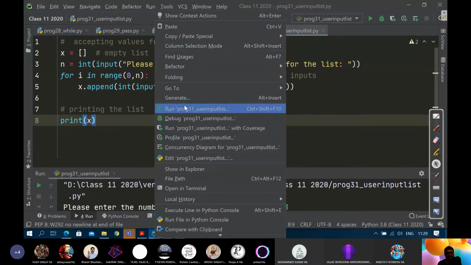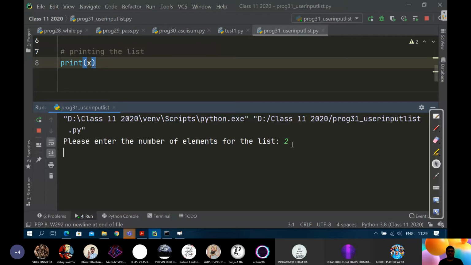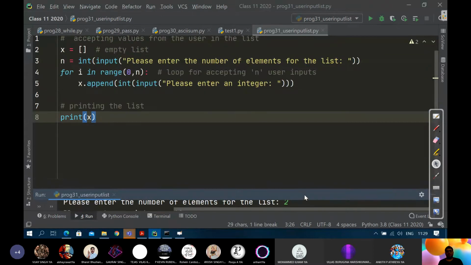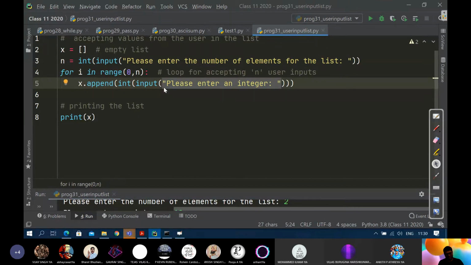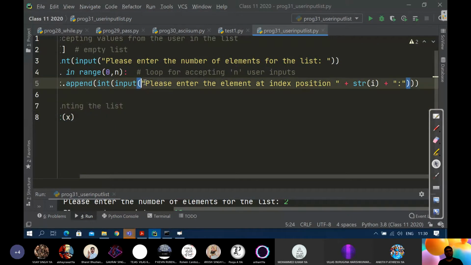Okay, so if I now run this, what will be the difference? It's more interactive. Please enter an integer. Now you have a fair bit of idea. In the earlier case, it was simply blinking. So you will now give 12, 3, okay, 2. Similarly, I want to make it even more interactive, that's why I gave this. Now tell me how this message, after concatenation, will be a single string. The objective is to make it as interactive as possible.